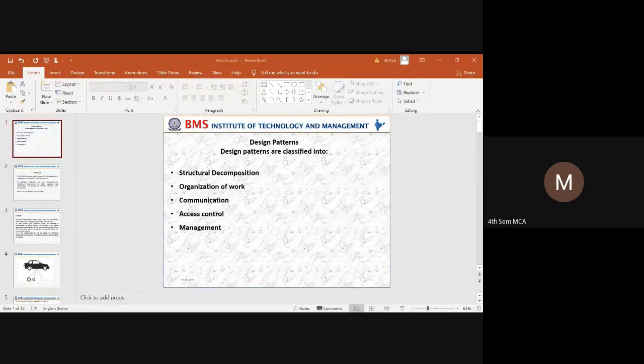So it can be a forwarder-receiver pattern, a client-dispatcher pattern, or a publisher-subscriber pattern. So these are the different categories of pattern that we are going to identify with respect to the design pattern.